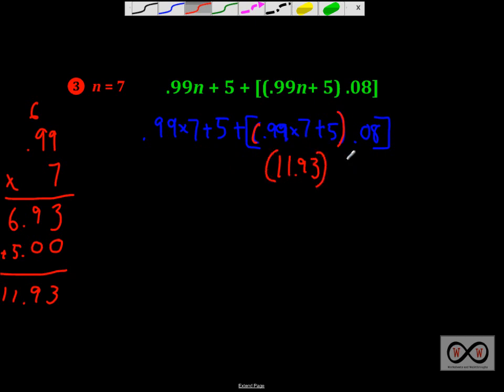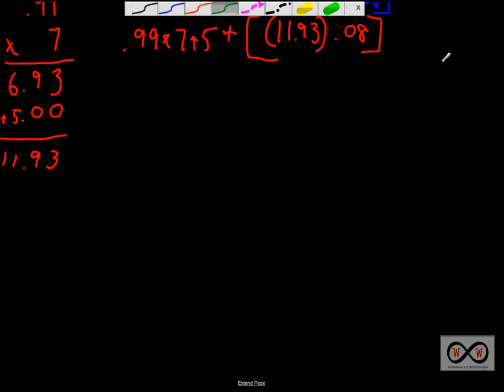And we're going to multiply that by 8 hundredths. 8 hundredths, that is. And I'll rewrite this half of the expression. All right, so now we have to calculate how much this would be. That's 11.93. Rewrite it over here. 11.93 times